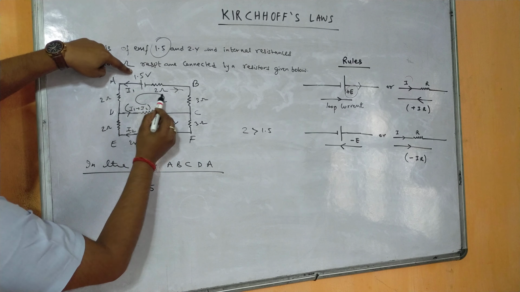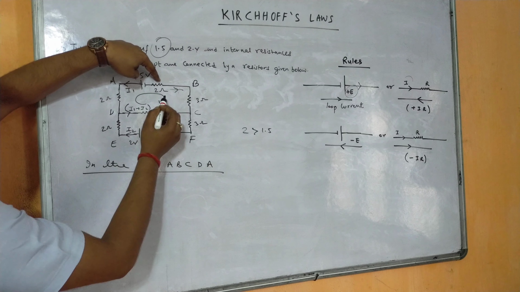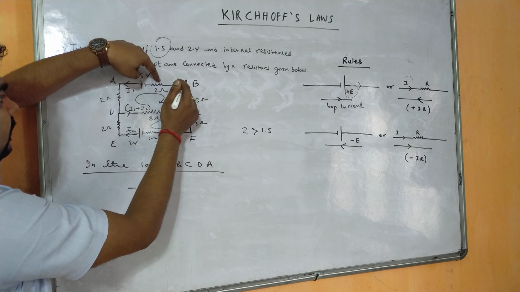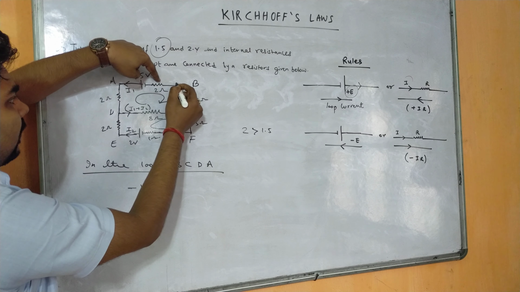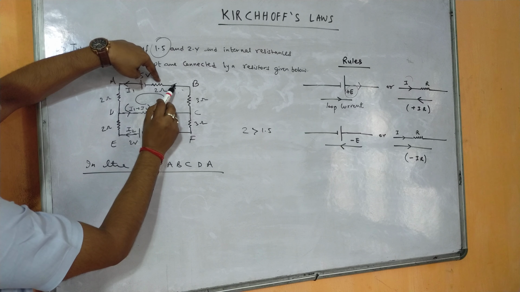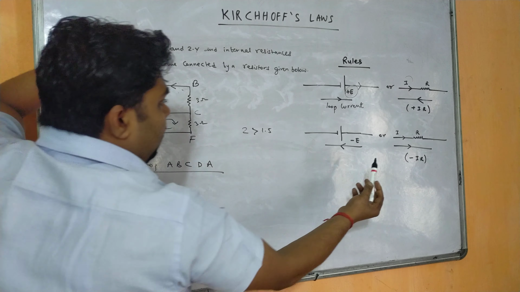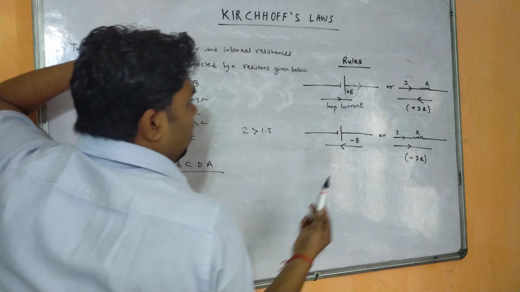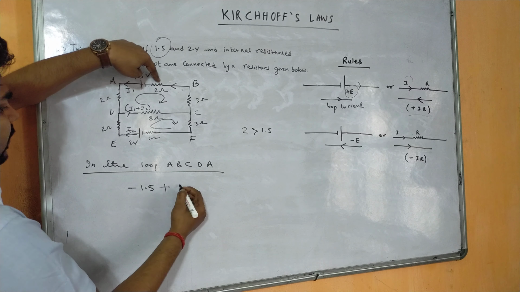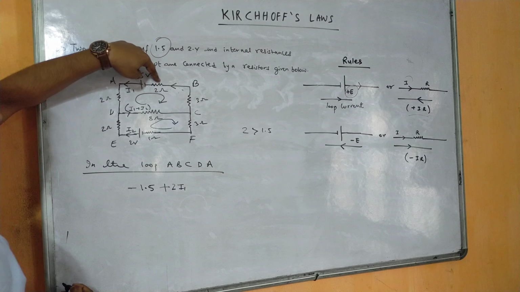Now this loop current has passed through this voltage, now it comes to this resistor. Now our loop direction and the current direction in the branch are opposite. You see, as it is opposite, we need to take plus I here. So we have to write here plus, what is our I here? I is I1 and R is 2, that means this can be written as 2I1.